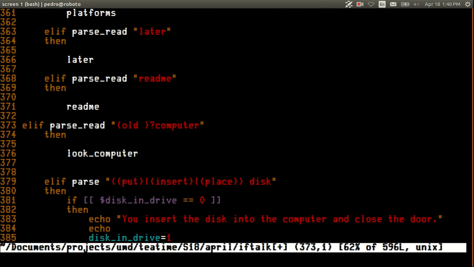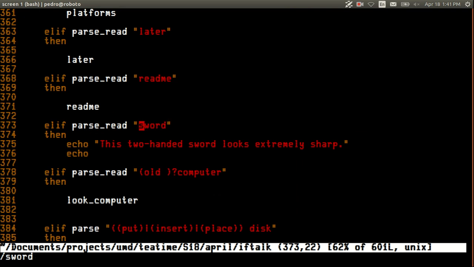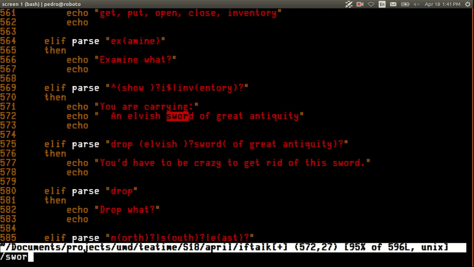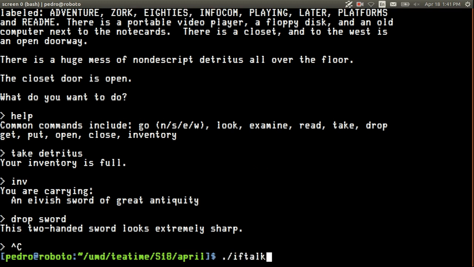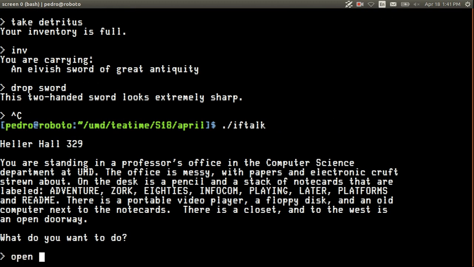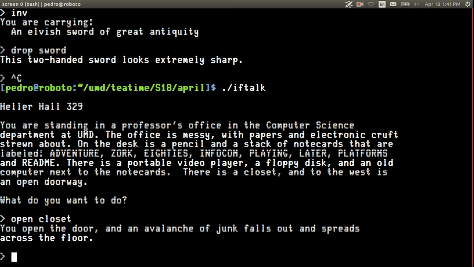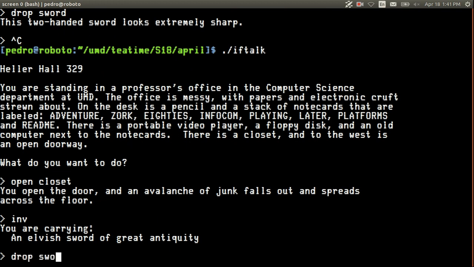Hold on. One, two, three, four, five. Okay, so open closet. So inventory, drop sword.